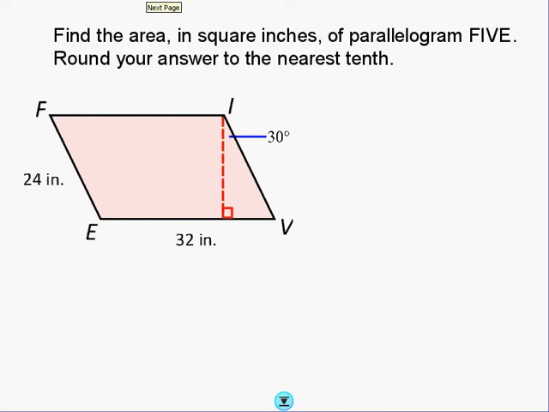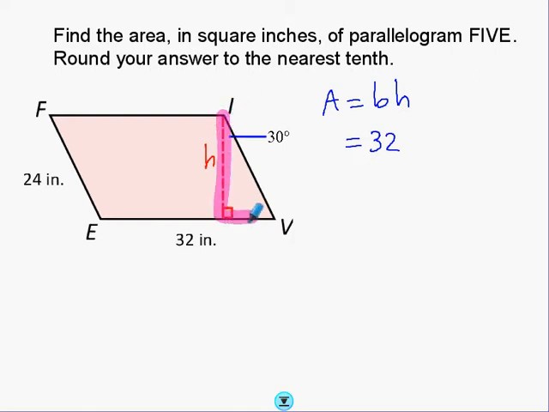We have the same parallelogram on this page that we did on the previous one. This time, however, they're not asking for the perimeter, but the area. So we're going to use our area formula. It's base times height. The base is obviously 32 inches. The height is just a little bit more complicated. Again, the height is not 24, as we might look at first glance and think. The secret to finding out the height of this parallelogram lies in